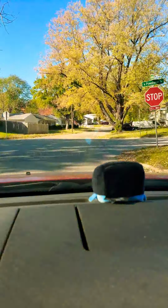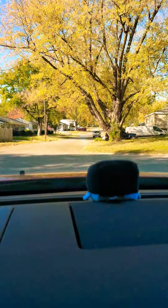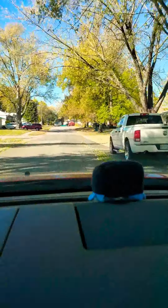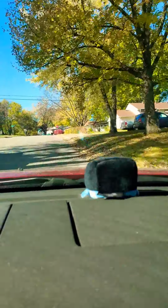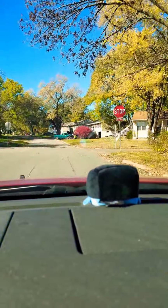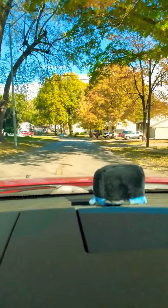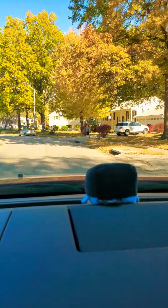Powhatan Drive, if you turned right here and went up there a little ways and turned right again, you'd be over by my old friend Larry Lawson's house back in the day. He's on Facebook, but I don't think he does much. And Seminole Road, you can still see a lot of Halloween decorations these days because Halloween was just yesterday, so